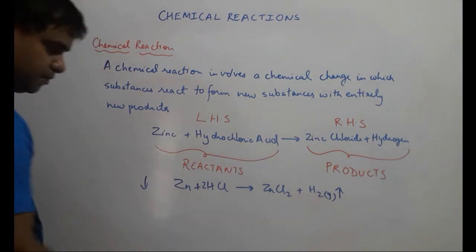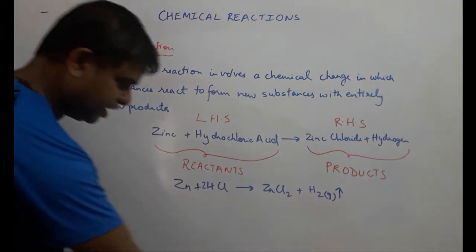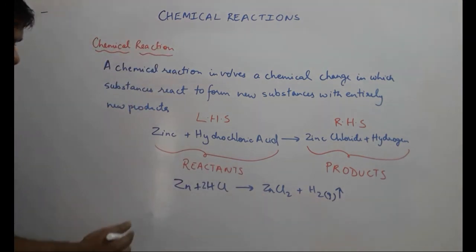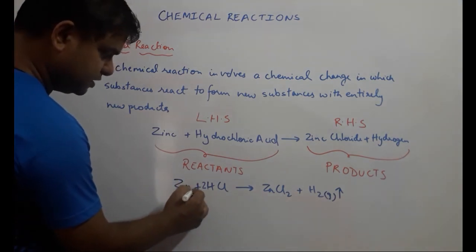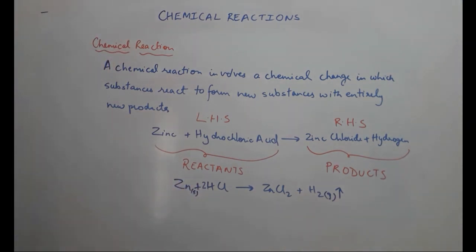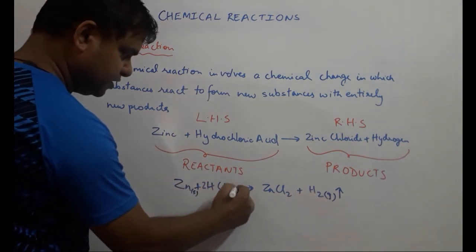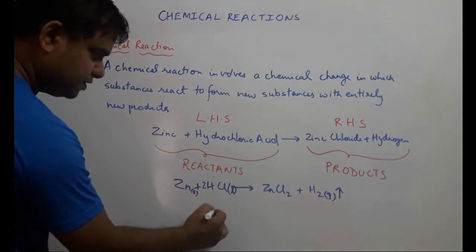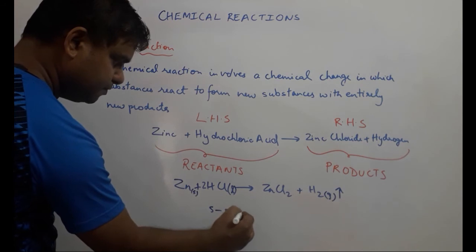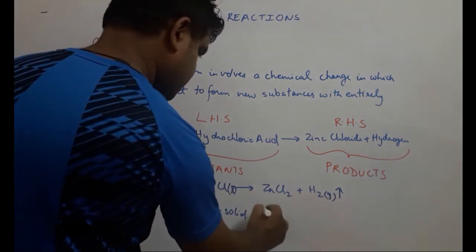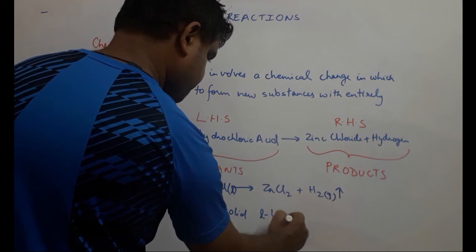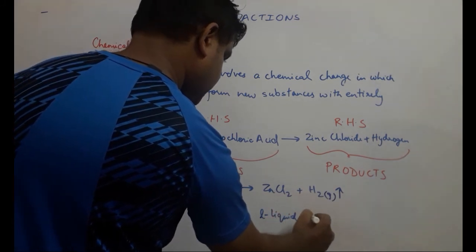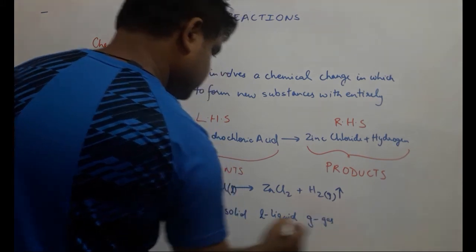Okay, so we don't have a precipitate here. Then you have zinc, which will be given as a solid over here. Okay, and you have HCl, which may be given as a liquid over here. So these are certain things that you may notice that may be present within a reaction. Okay, so you have S for solid, then you have L for liquid, and you will have G for gas.